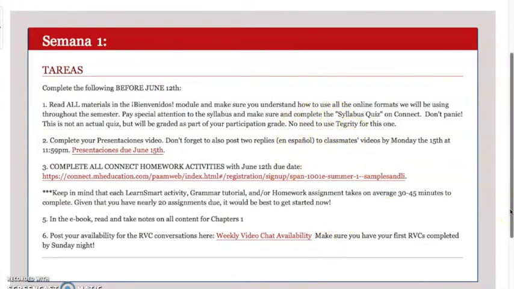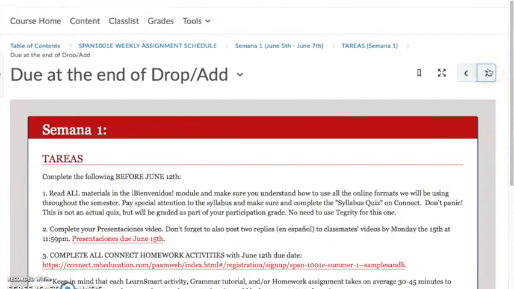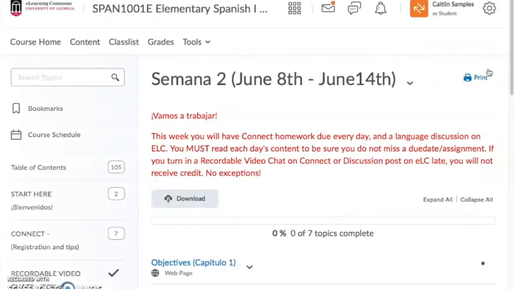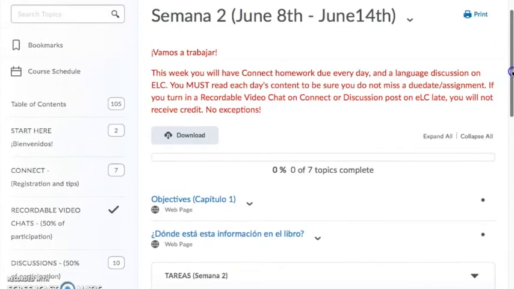And you should get in the habit of checking these different topics every day. All right, so you'll want to each day log on to eLC, click on the particular tareas for each day, see what all is due, and that way you can check off everything. If you want to navigate among the different tabs and assignment and different modules on here, you can just click through these little arrows and it will take you to where you need to go. All right, so here's Semana 2,